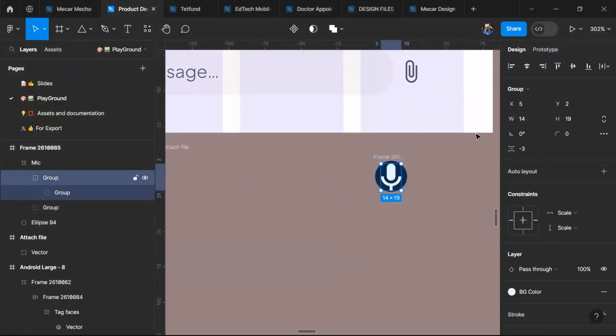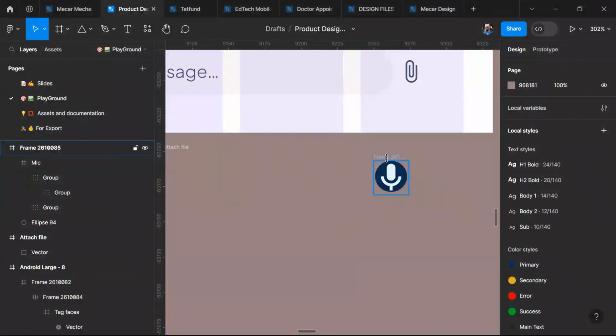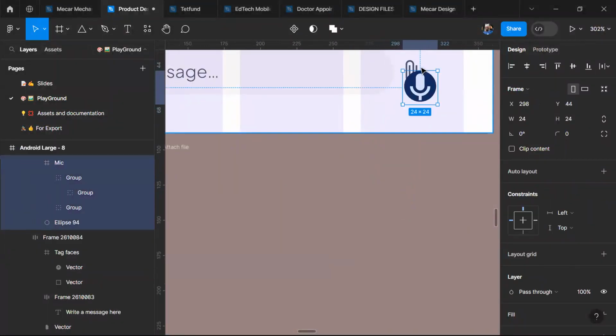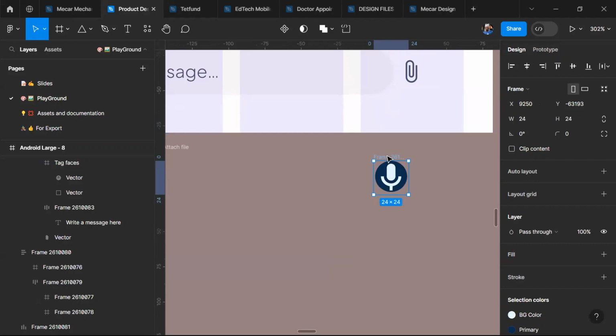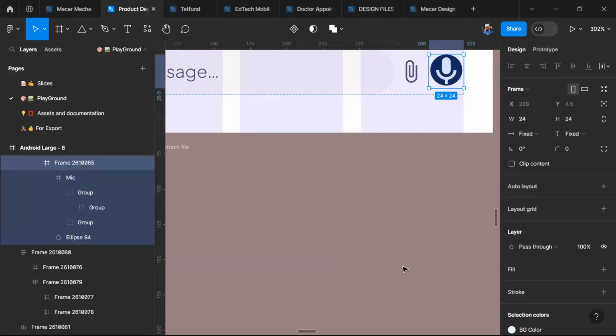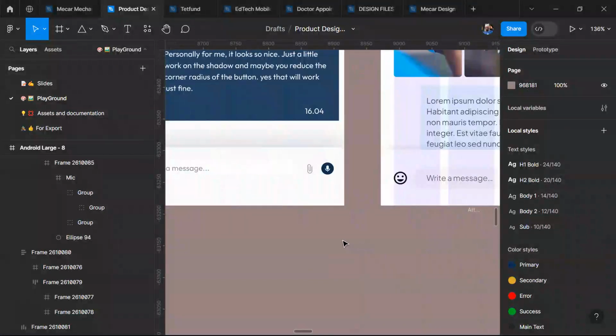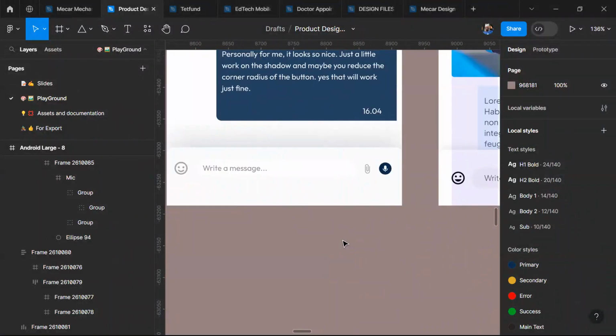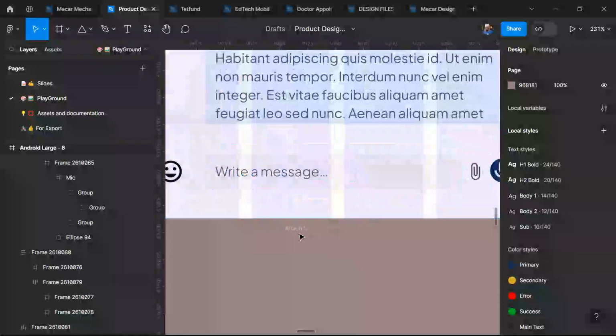I can make sure this one is center aligned. Okay, it is. So I can now bring this one to inside of this place. Now I'll just change this one to this one. And what else do we have? We have a lot of spacing between them. So firstly, I